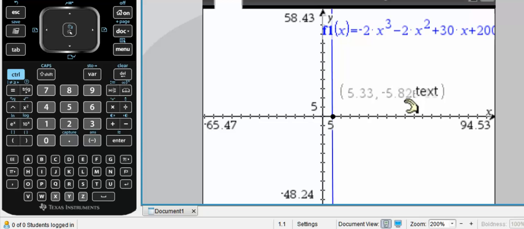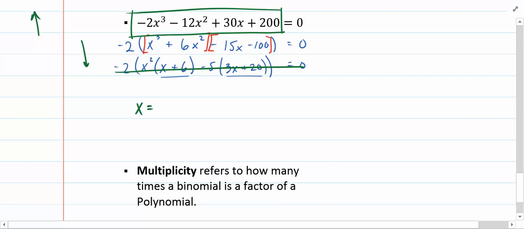If we were to expand this scientific notation, negative 5.82 times 10 to the negative 11th power, that means we need to move this decimal point here between the 5 and the 8 to the left 11 positions, and that tells us what we're dealing with for a y value. And that's so close to 0 that we'll assume that this x value for the zero is the solution to this polynomial. So x occurs at positive